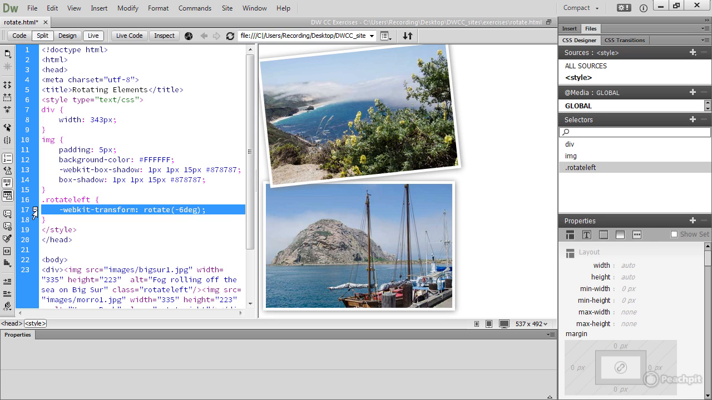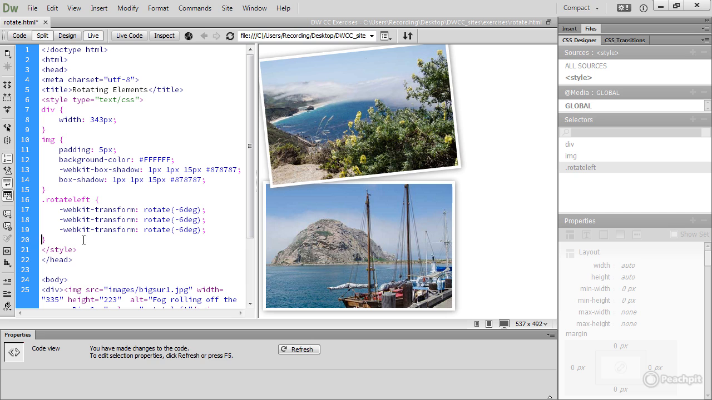What I'm going to do is select that line, copy it to my clipboard, and then paste it twice. Then select the WebKit in the next one, change that to MS, and then delete the hyphen WebKit hyphen, so I'm left with the standard transform property. Because I'm already in the code, I'm actually going to create the rotate right class directly here in the code. So dot rotate right,